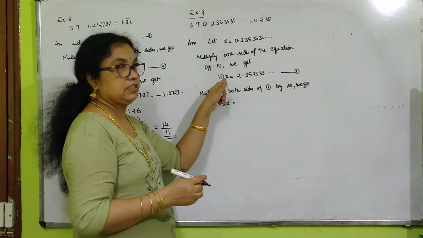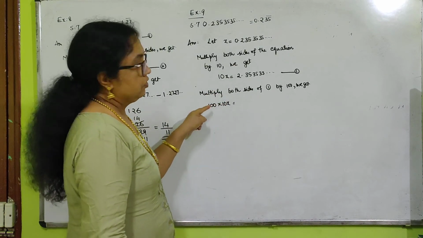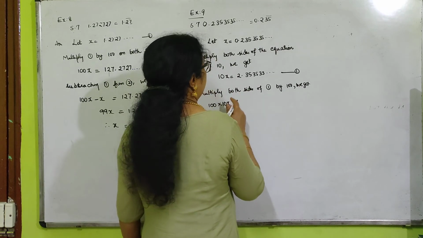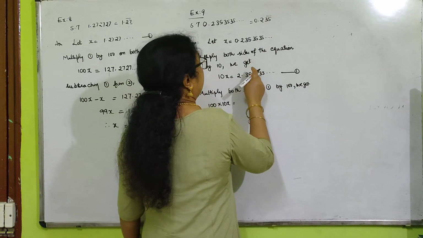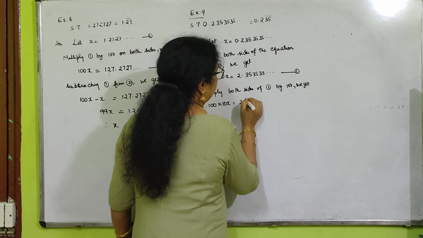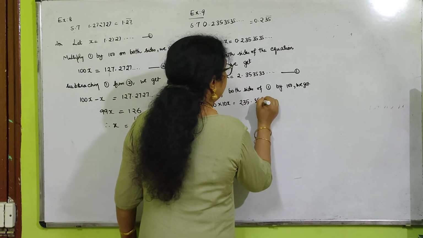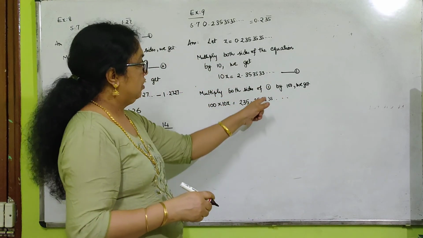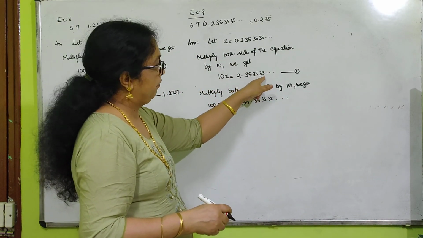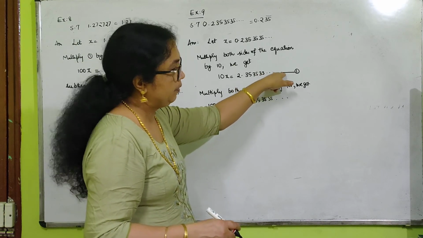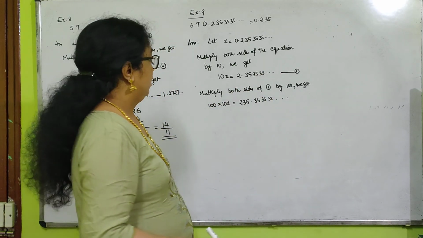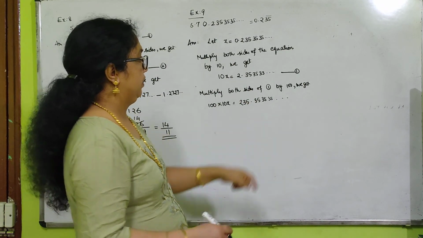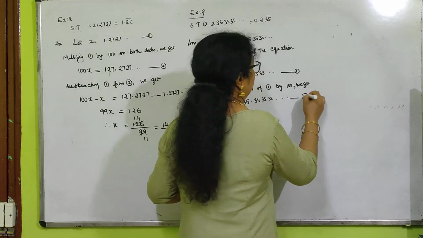But here 10x is already there and we multiplied by 100. So 100 into 10x equals 100 into the number; you have to move the point to the right by 2, so 235 will come, then 35 like that. Here I have written 6 digits; after 35 the rest remains, but we know 35 is repeating here, so you can write it here. So 235.3535... This is the second equation.